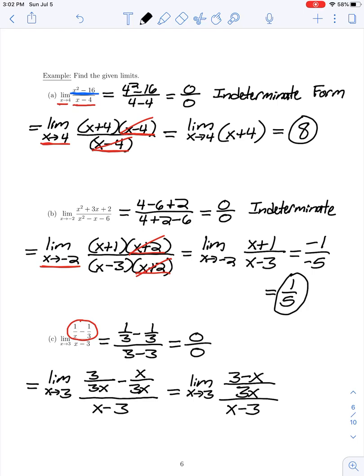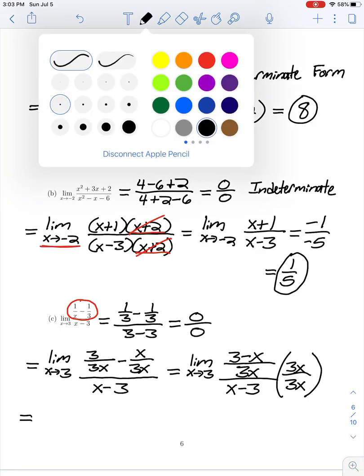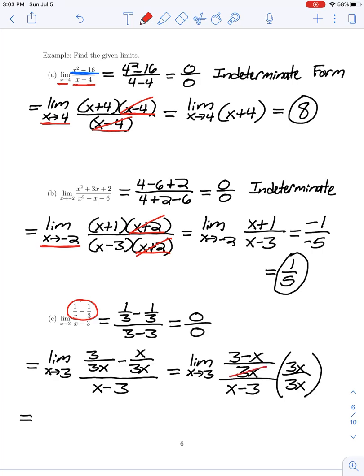So what I don't like here is the compound fraction. That is a fraction within a fraction. So to rewrite this, or to eliminate that compound fraction, I could multiply my fraction through by 3x over 3x. So here I'm just multiplying by 1. I'm not changing the value of my function. But that then simplifies my numerator, because the division by 3x will then cancel with this 3x that we multiplied